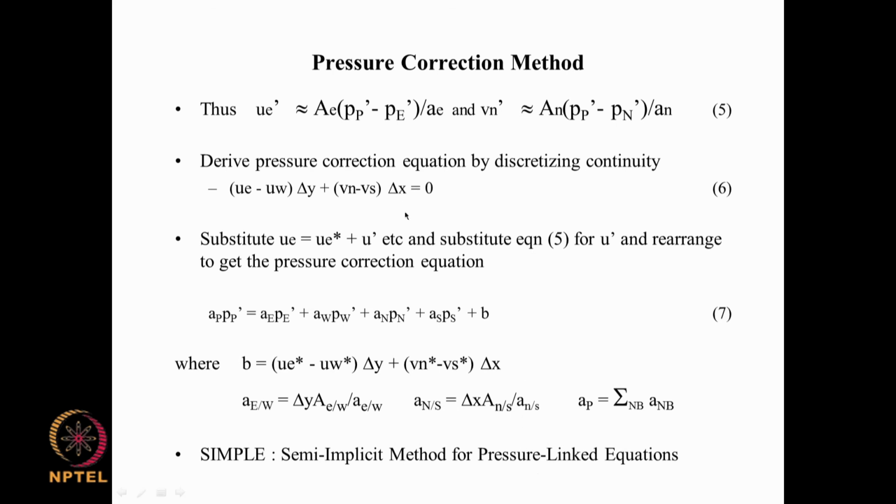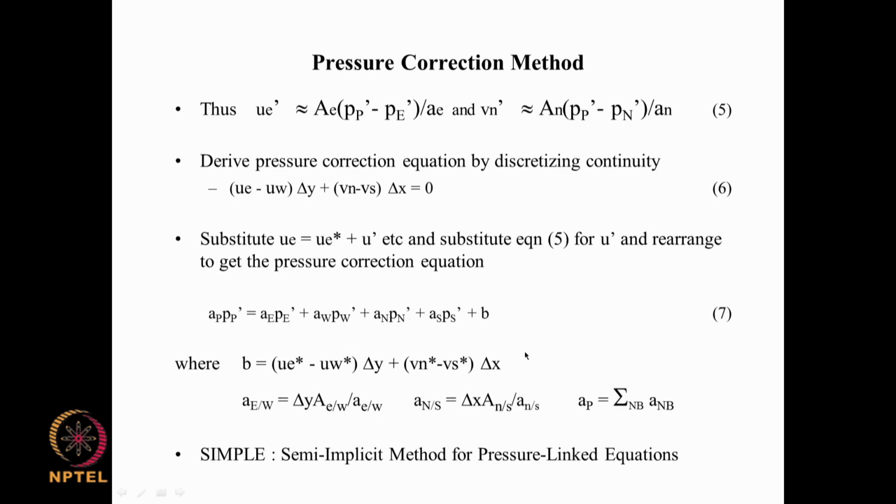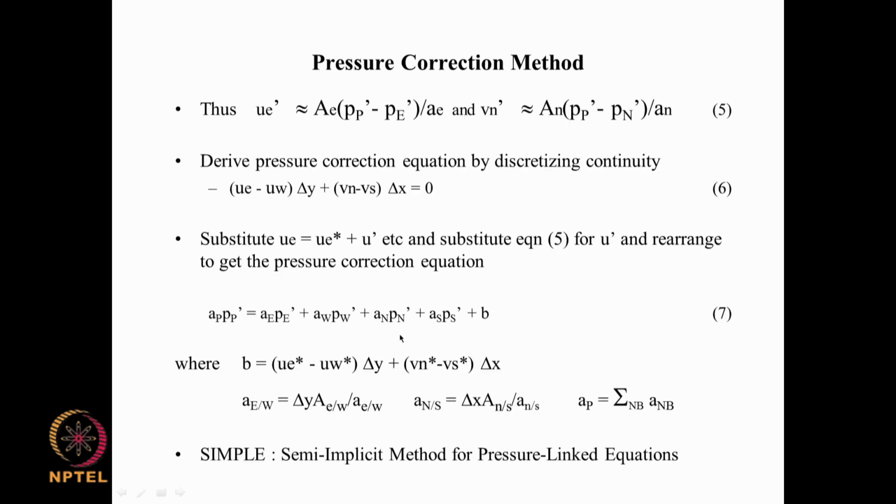Obviously, these are linked through this pressure correction here and through the guessed pressure field in the x and y momentum equation, and it is semi-implicit because in this equation here the velocity is being evaluated implicitly. So, here it is implicit, but the pressure part is not being evaluated implicitly at this stage,